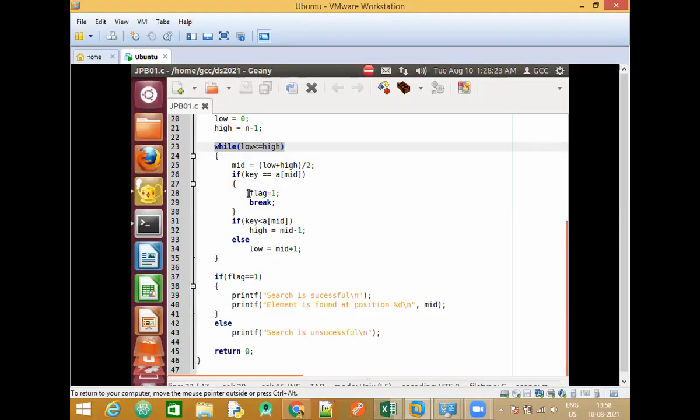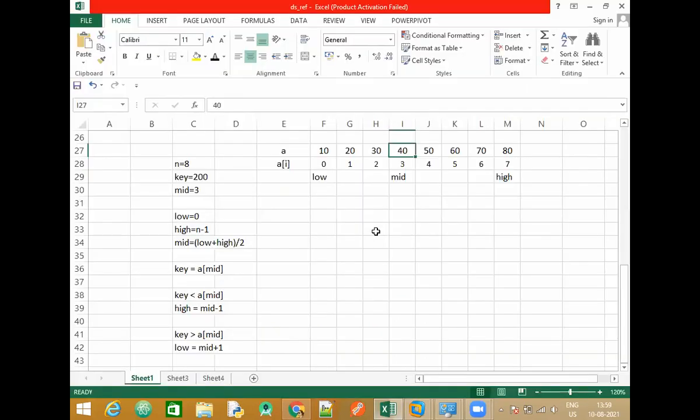So we are not going to execute these two statements, correct? Because this condition has become false. Let's go to the next if condition. Is your key element less than the mid element? No. So will this be executed? No. We will go to the else part. Okay. So here, if you have a look here, what changes do I need to do? We are again going to search where?